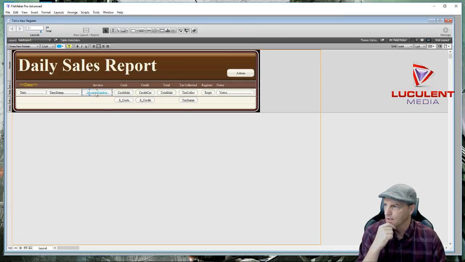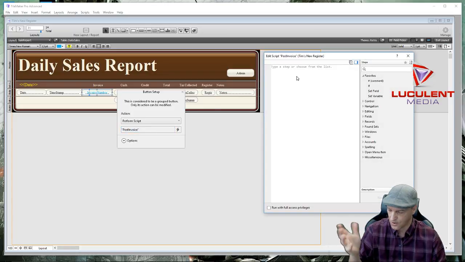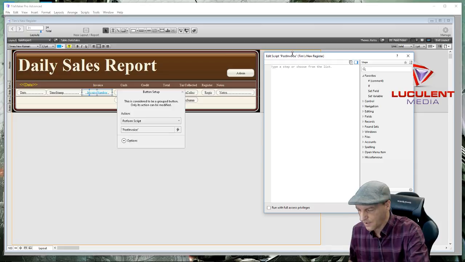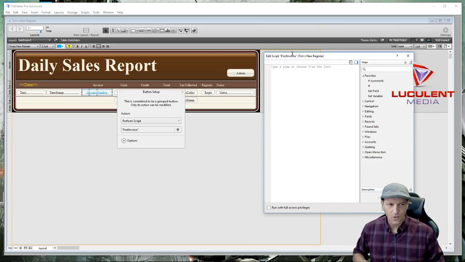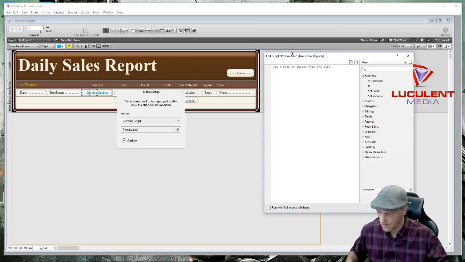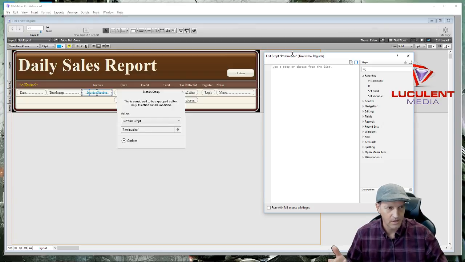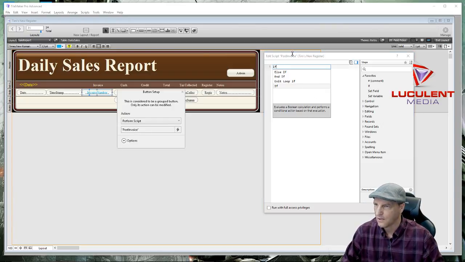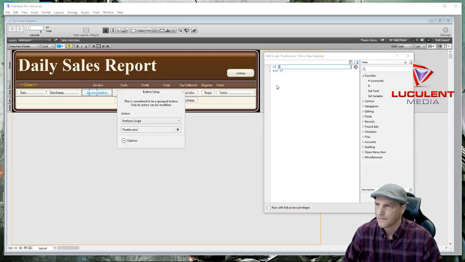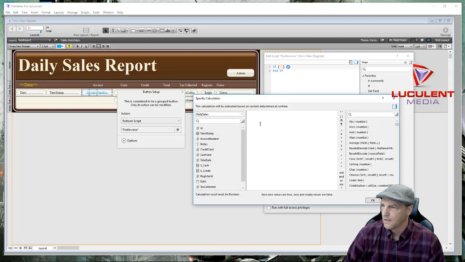So we're going to click on the invoice number. We're going to click on the post invoice, and let's just start writing this script. I always like to start with an if statement, especially with something like this, because we want to know what the register number is. So we'll start with if, and in the if statement we'll say if the register ID is equal to 100,